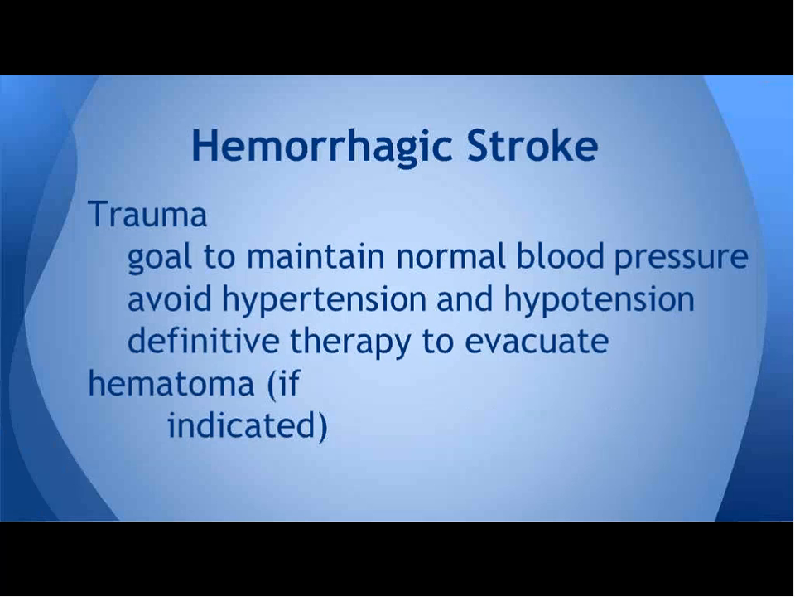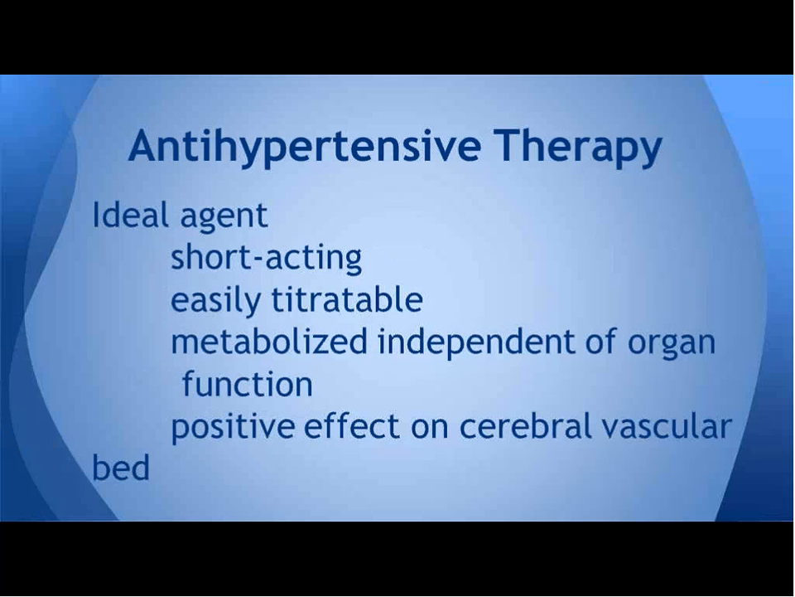Just to briefly go into hemorrhagic stroke, because as subarachnoid hemorrhages start to come, then everyone else starts to come to your medical center. For trauma, the goal is to maintain a normal blood pressure, avoid hypertension, hypotension, and then definitive therapy to evacuate the hematoma if it's indicated. So to go back and discuss the different types of interventions that we have so that we can maintain our goals or to somehow meet our goals for the management of patients,